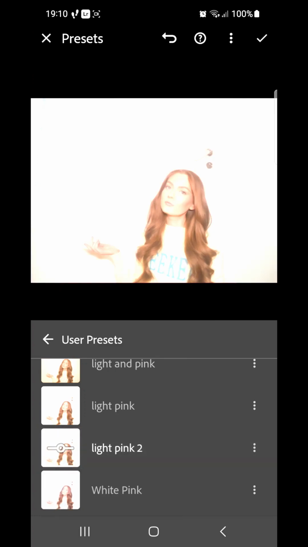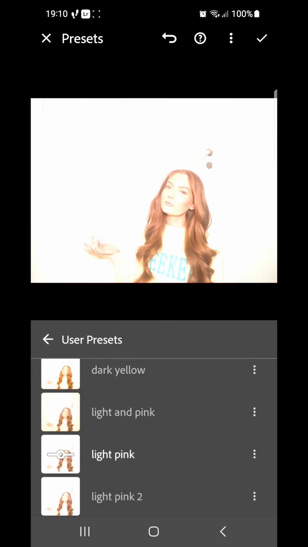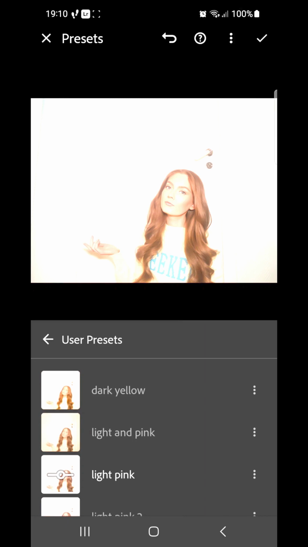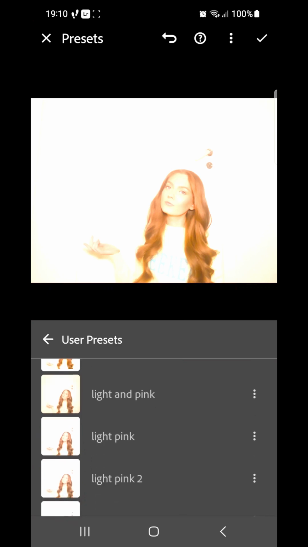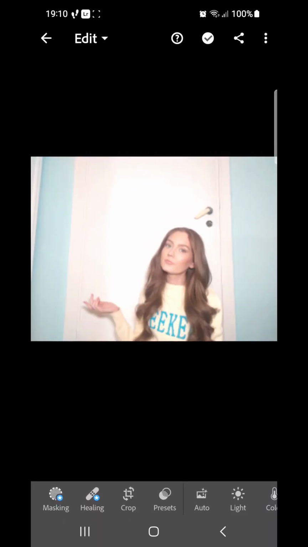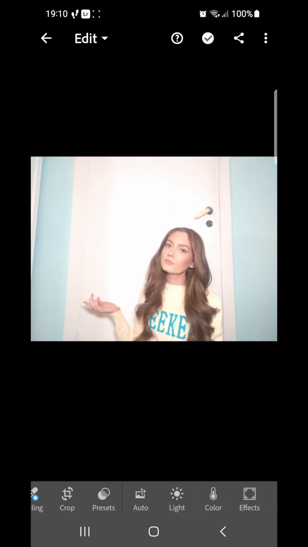I also have one that is called light pink 2, and I have light pink 1. There's a slight difference in the two, and usually you can't tell if you are not into photography, but I can tell the difference. I also have a dark yellow if that is what I want. I usually have that for photos that have some bit of yellow in it already, and that's when it's going to look a little bit better. I do have a light and pink here where the background is a little bit more pink with yellow in it, but I'm gonna X the presets for now,